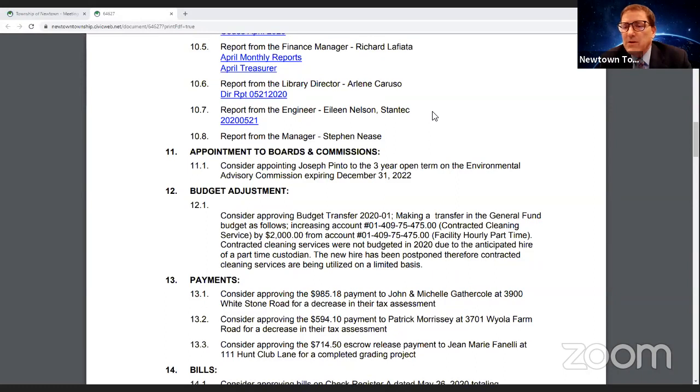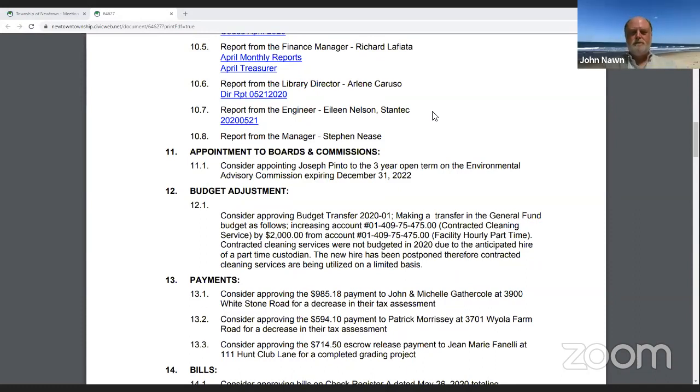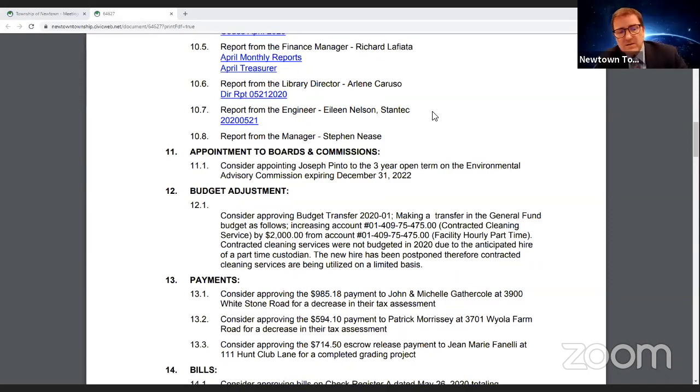We thought we were looking at something between 200,000 and 500,000, and I think the number came in, John, correct me if I'm wrong, but closer to 800 or 900,000. It was ridiculous. And I mean, a brand new truck is about 1.5, just to put it in perspective. So we were talking, and John brought up the idea that maybe we should look into, because we got such a good deal on the